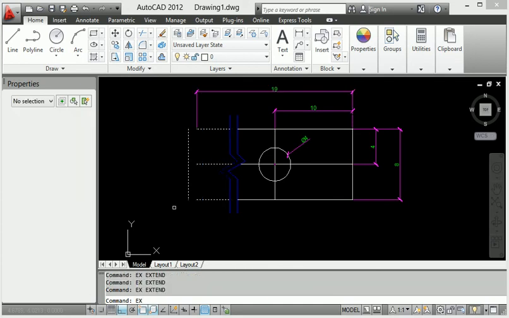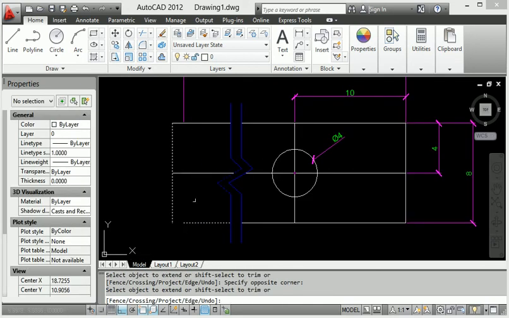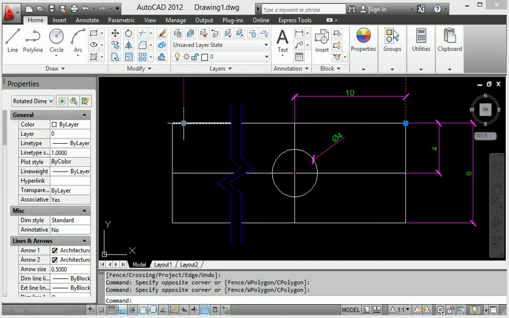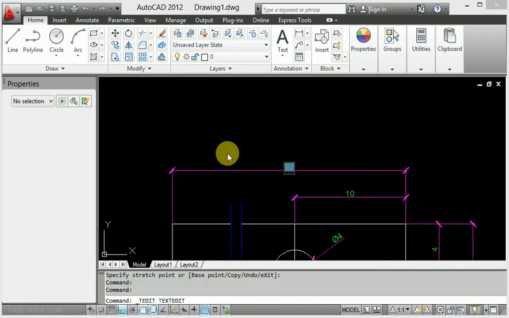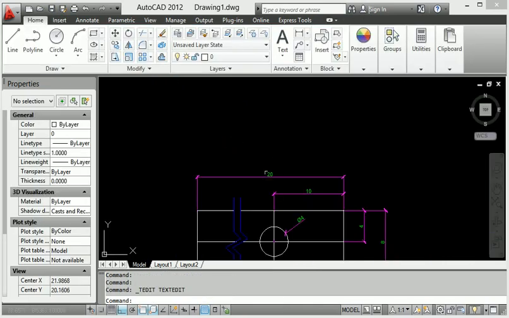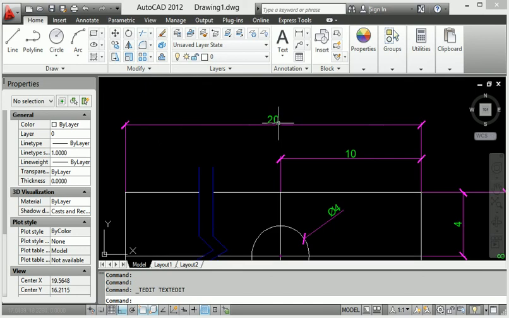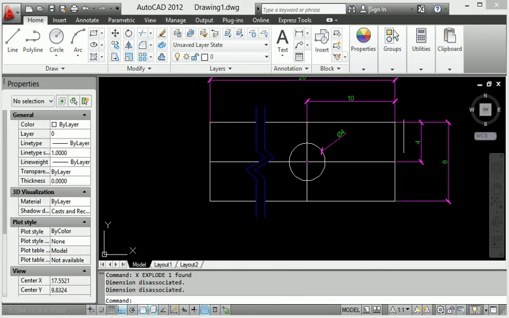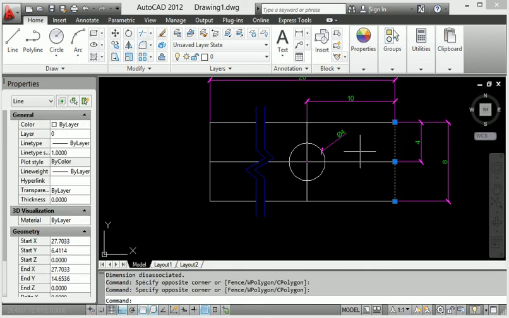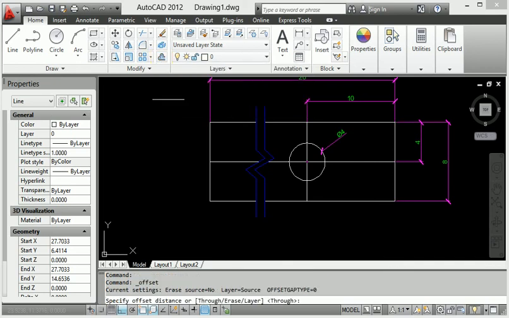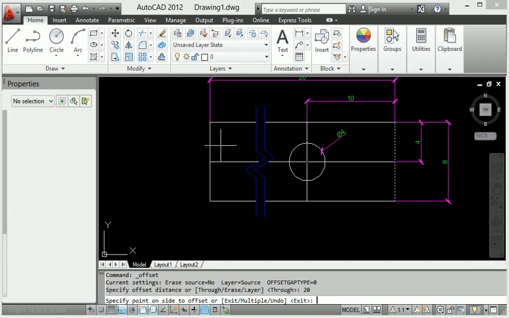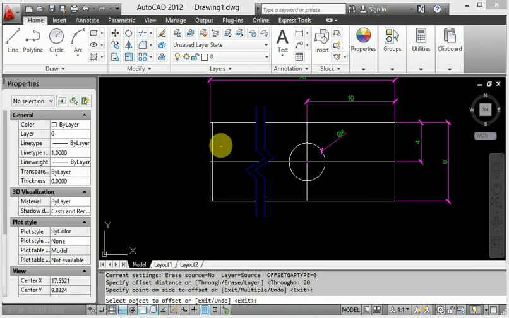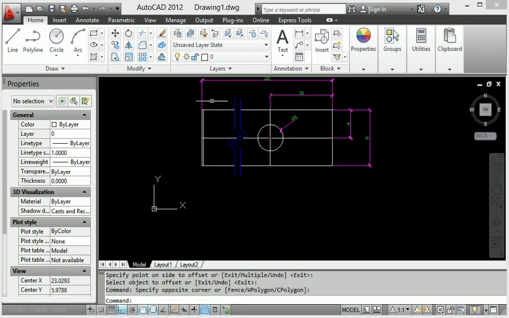Then I will select all these components and type EX, enter. When I provide this EX, then click the line and join. Okay, this is 20 here, and for a particular 20 I will offset this line. I select this, and this is the offset command. I want a 20 mm offset distance, so put down 20 and enter, and here this is 20 mm.